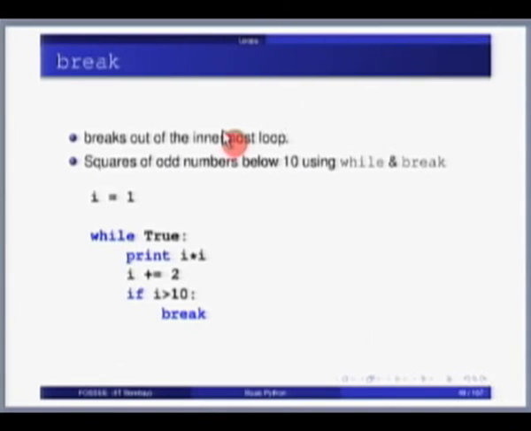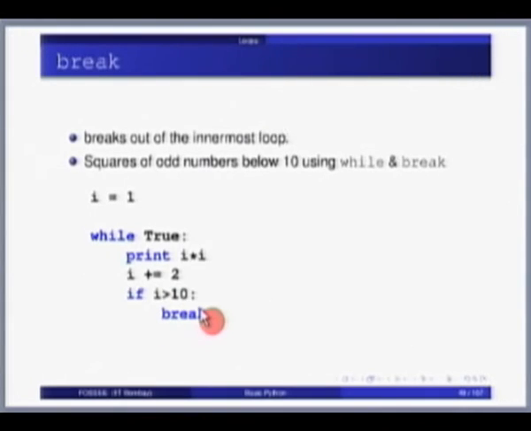For example, this code here produces the squares of odd numbers below 10 using while and break. It initializes the counter to 1, while True. Please note, while True is ordinarily an infinite loop. So what it does is print i star i, i plus equals 2, that's the same as what we had before. But in addition it says if i is greater than 10, break.